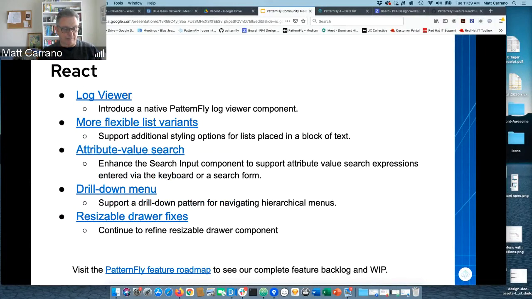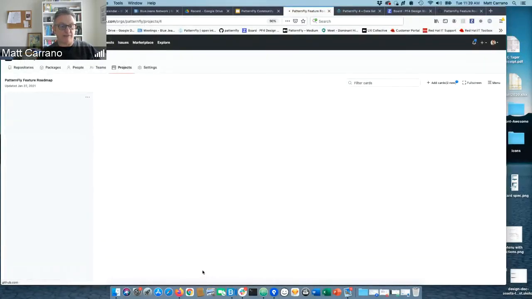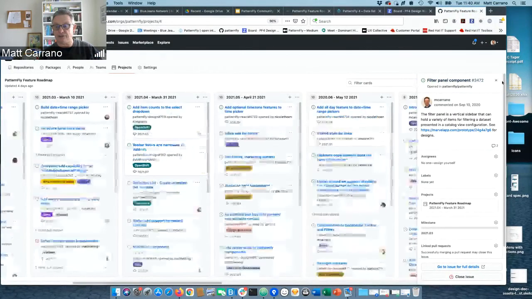And also a new code editor component that's based on packaging a Monaco code editor. So these are things that should be rolling out soon. And if you want a more detailed view, we do have this PatternFly GitHub project board, which lists, everything is loading very slowly here. Okay, this GitHub project board here lists the things that we are